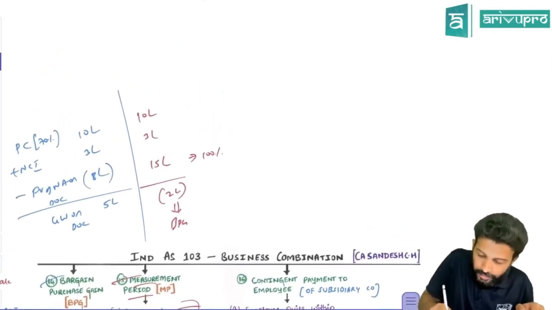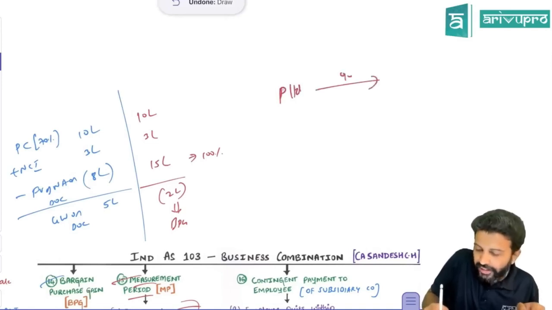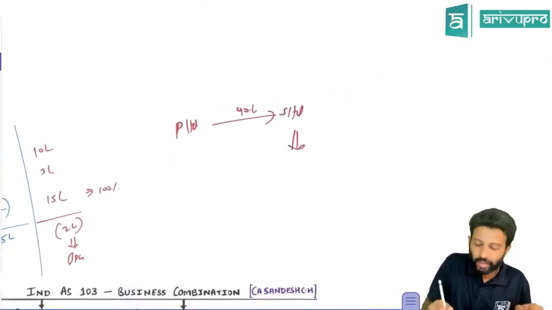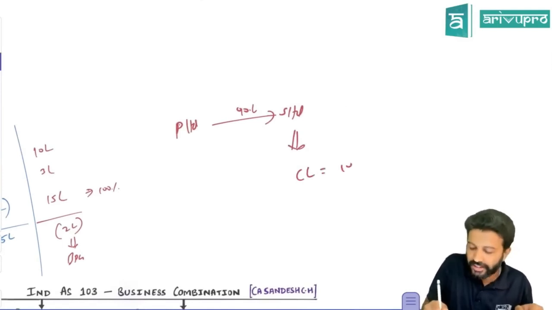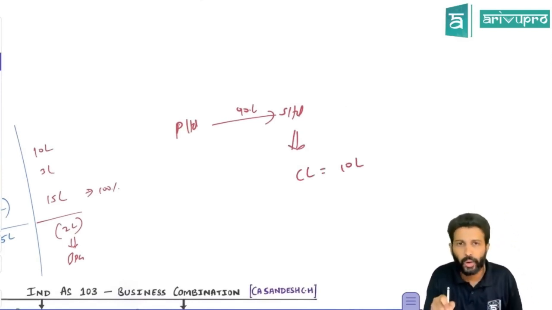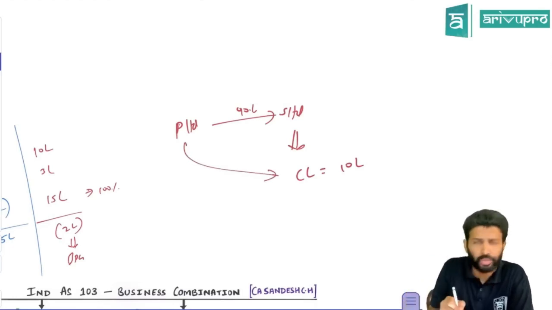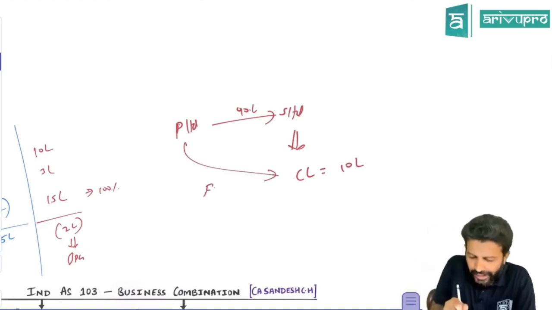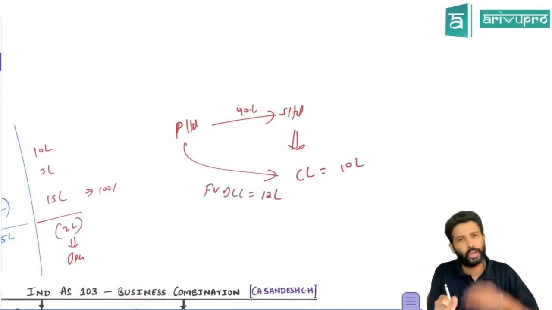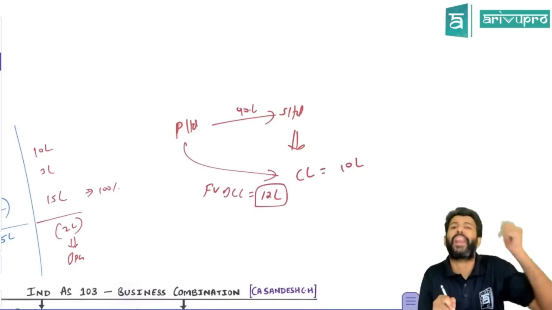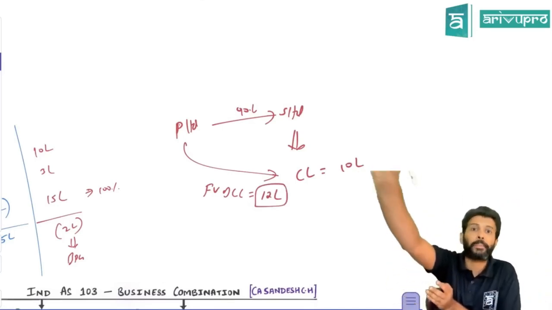Like, let's say P Limited acquired, let's say, 90% shares in S Limited. And somebody had filed a case against S Limited. So S Limited is showing a contingent liability, let's say 10 lakh, in their notes to accounts. Now the parent company cannot show this contingent liability in notes to accounts. They have to record it in their books. So the parent company determined that the fair value of this contingent liability is, let's say, 12 lakh rupees. So when the parent did the business combination, they would have recorded this contingent liability at 12 lakh based on the facts existing on that particular day.